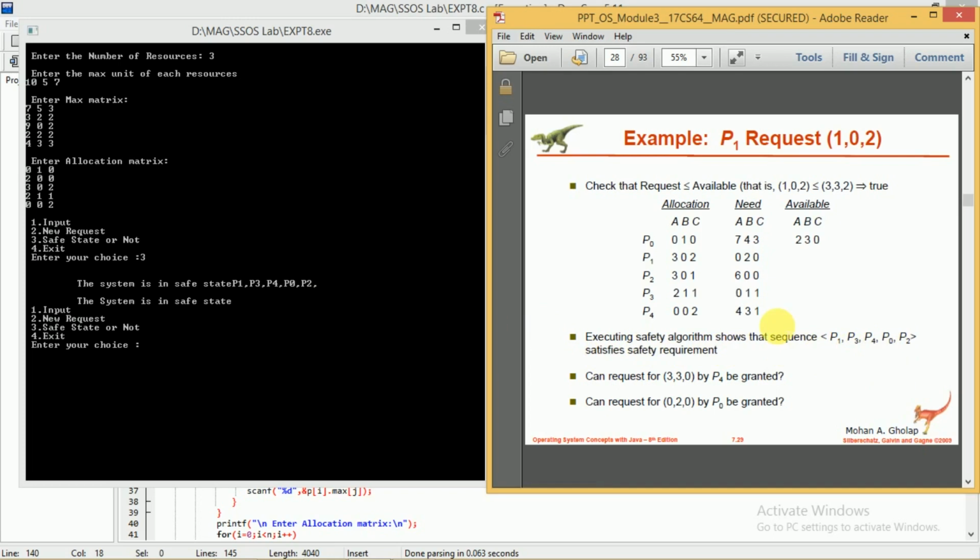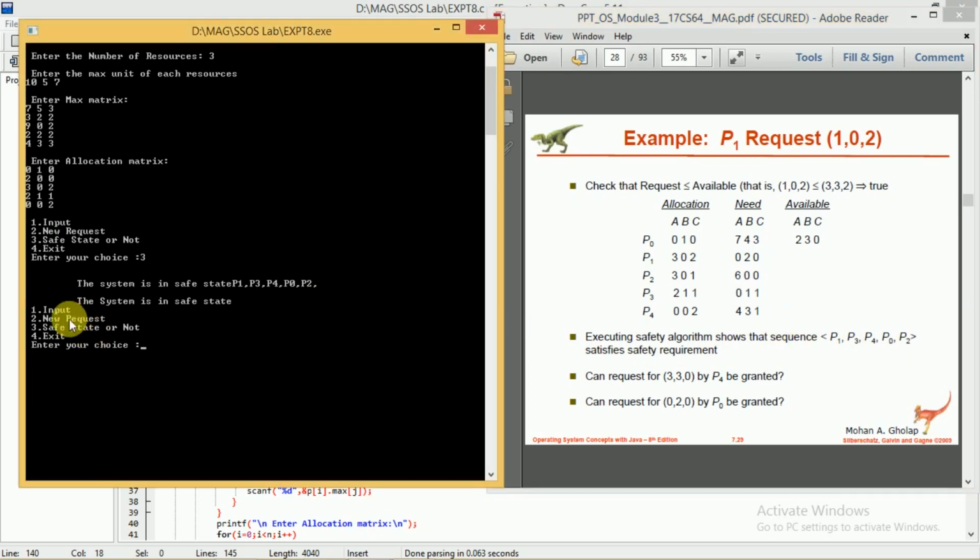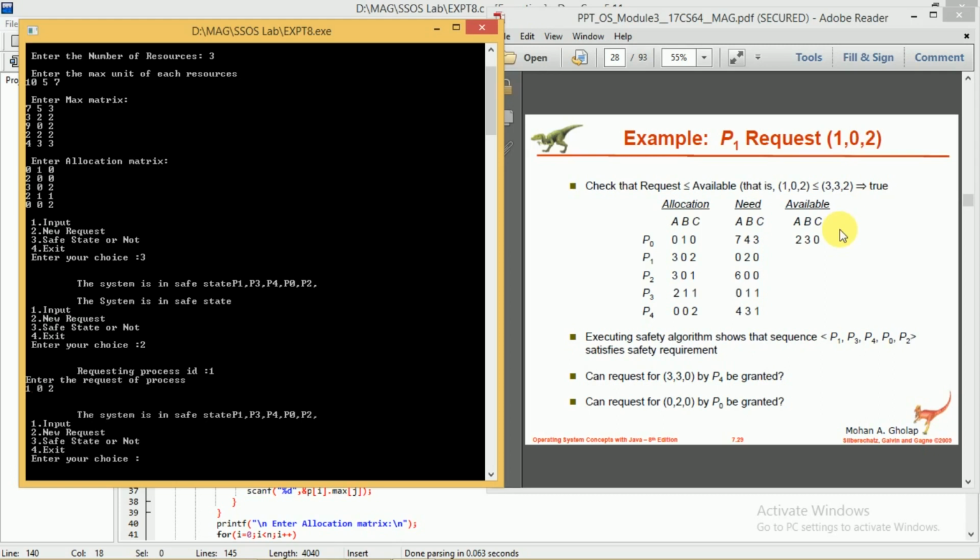After this we'll try the second choice, that is choice number 2 for the new request. Let us consider the same example. Here the process P1 requests the resource 1 0 2. The ID of that process is 1, so the resource request is 1 0 2.